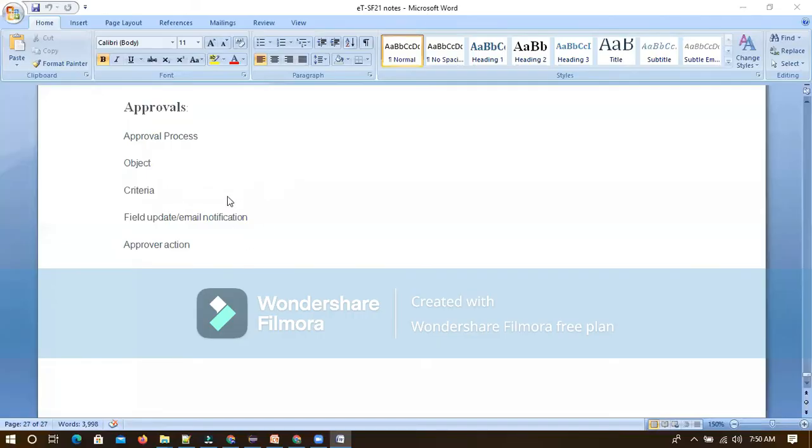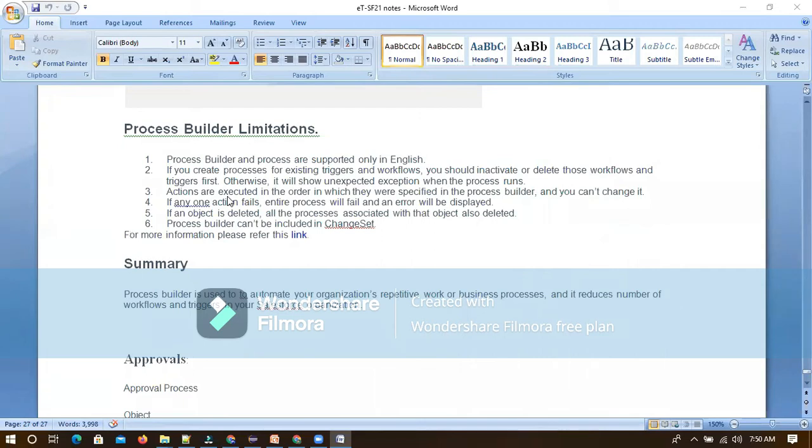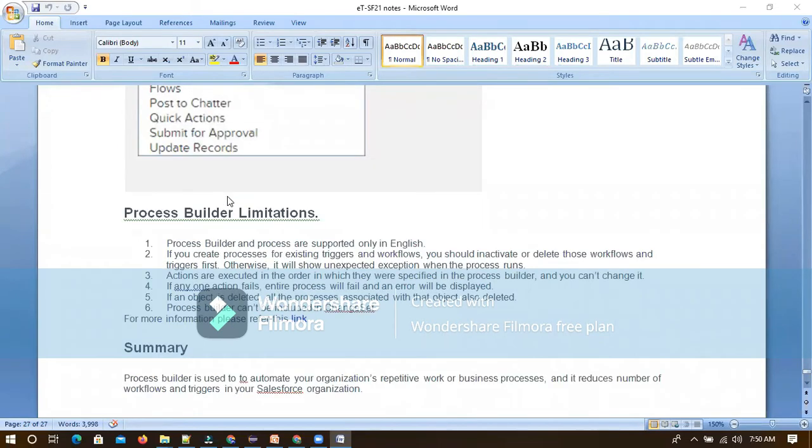Yeah, okay. So in the previous session, we have seen workflows and process builder. So when we have to go with workflow, and when we have to go with the process builder. Almost all actions which we can do from the workflow, the same actions we can perform from the process builder as well. The only thing is outbound messages. That we cannot do from a process builder, but the remaining, everything we can control from the process builder itself. But these two will work only for after insert and after update.